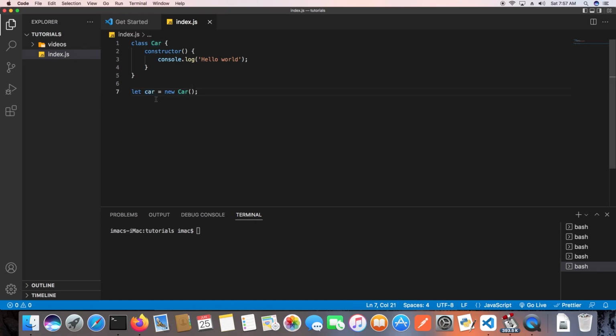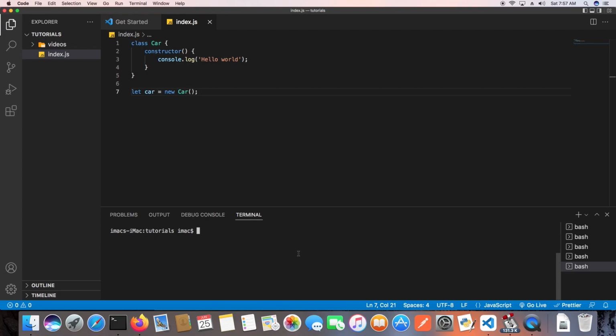When you want to create an object, you should use the new keyword followed by the class name and brackets. So here I want to create a Car object and store that object inside the car variable. Let's save this, then run our script